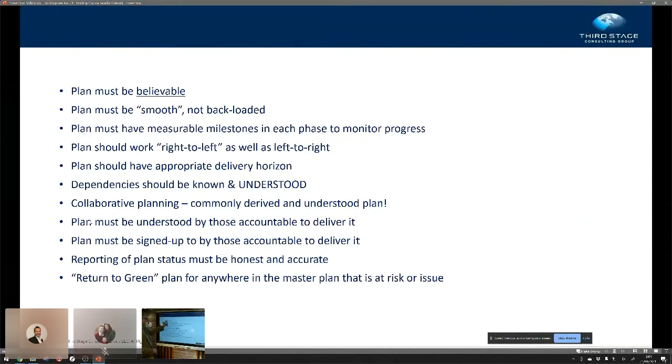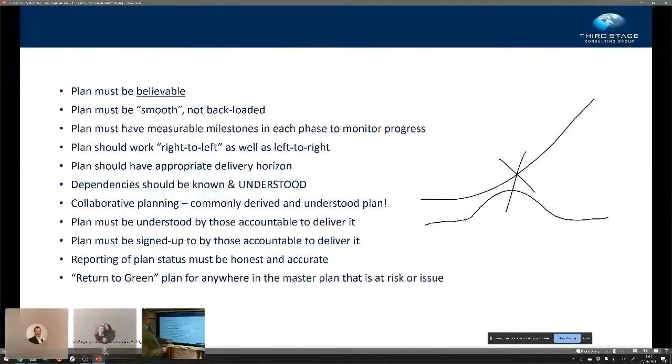Plan must be believable. I've said that already. Plan must be smooth and not backloaded. Having a plan that looks like that is not a good plan. So do not have a plan that is backloaded. You want a relatively smooth hump.